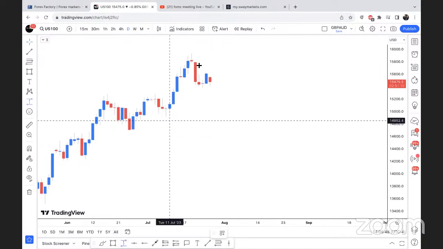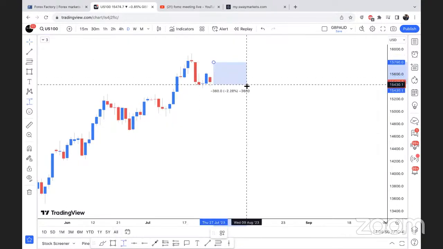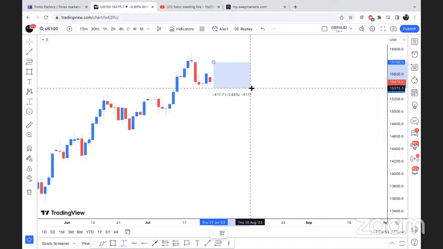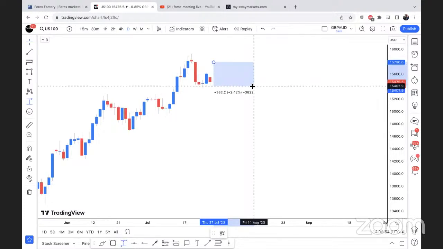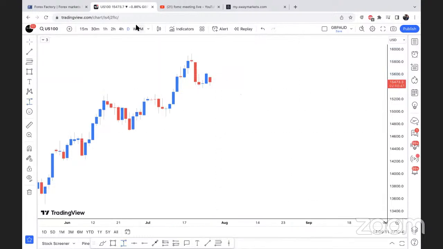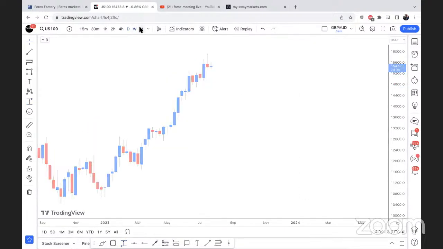But if we look at this, I think this is almost 400 pips right here. Yeah, so it goes by points. So I believe from 15,400 to 15,800, correct me if I'm wrong, that's 400 pips. Or is that 4,000 pips? Y'all let me know. But when I'm looking at the indices,